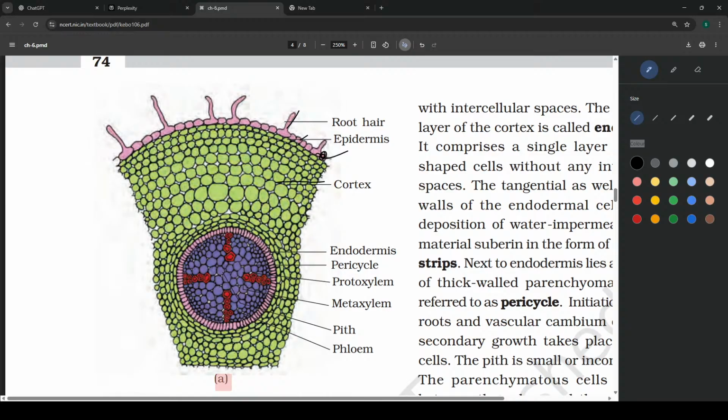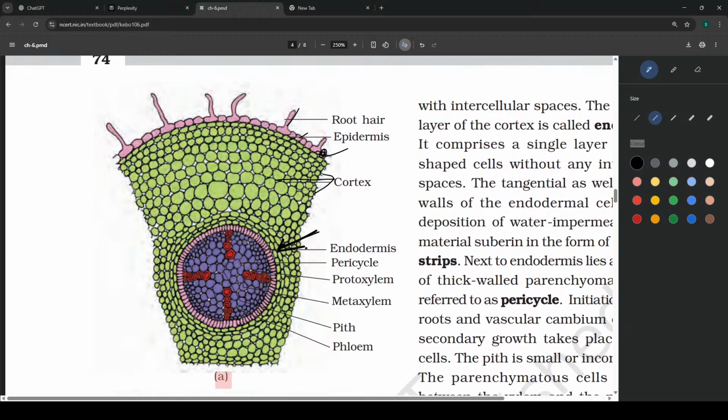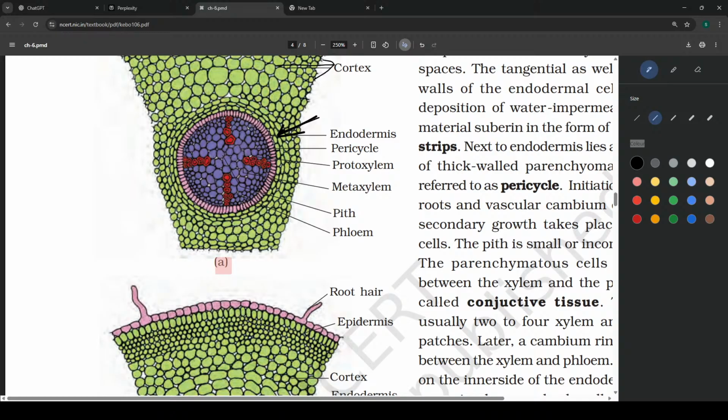This whole thing is the cortex region, and next is the endodermis approximately here. Then comes the pericycle, this one here, not sure if it's visible. Here, this one is the pericycle, this one is the epidermis above the pericycle,